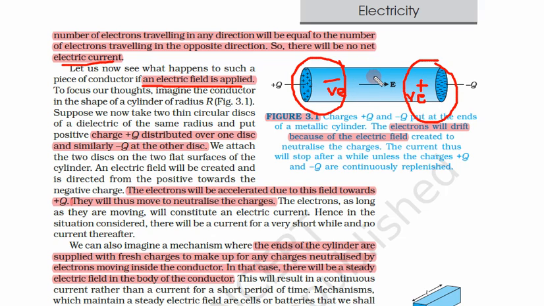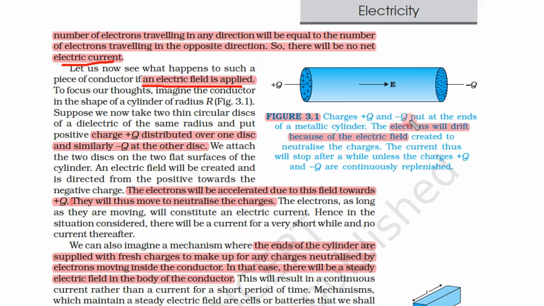So in that case the electric field should become 0 and there will be no flow. Hence to maintain a current we need continuous flow of charges from the battery or power supply. For steady current, we need continuous flow of charges from the battery or power supply, so that this end is always maintained at a higher potential or positive charges keep on coming from the battery, and this side will always be at lower potential or negative charges keep on coming from the battery. So for making a steady current we need continuous flow of charges at both ends.